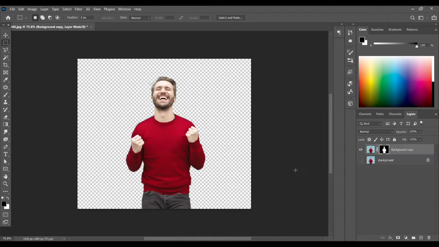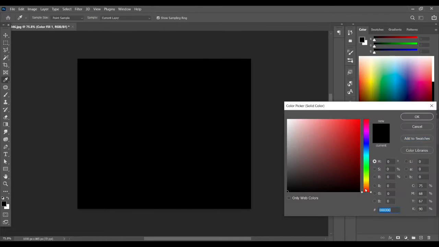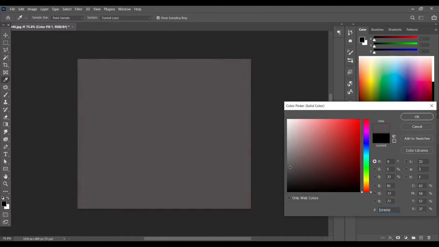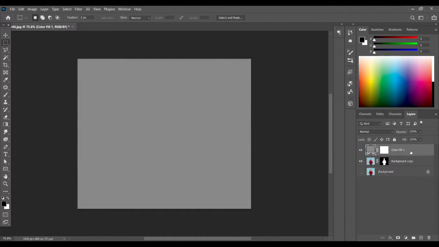Now we have to add a background. So click on this adjustment layer icon and select solid color. Select any of the colors you want and click OK. Bring this down,